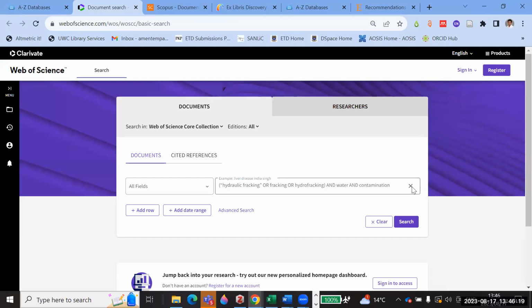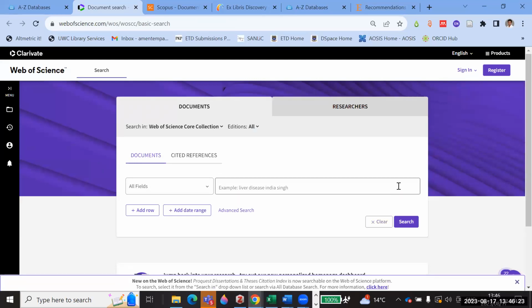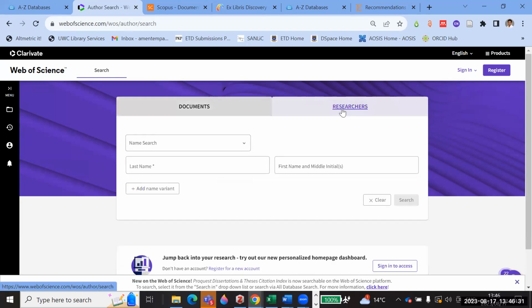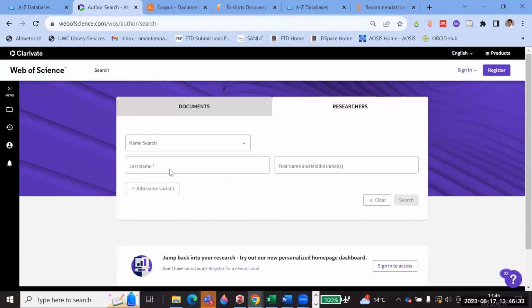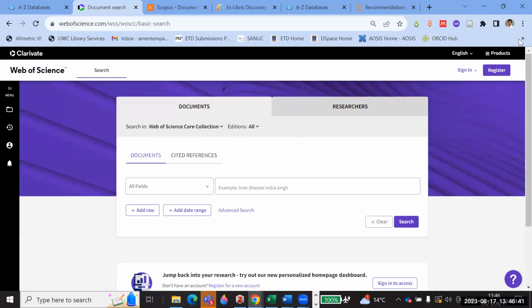Okay, so the Web of Science database is also a multidisciplinary database. You can search for documents, you can search for researchers in your faculty, or if you are an established researcher yourself, you can look up your name to see how your author profile is performing. Okay, but for today, we are interested